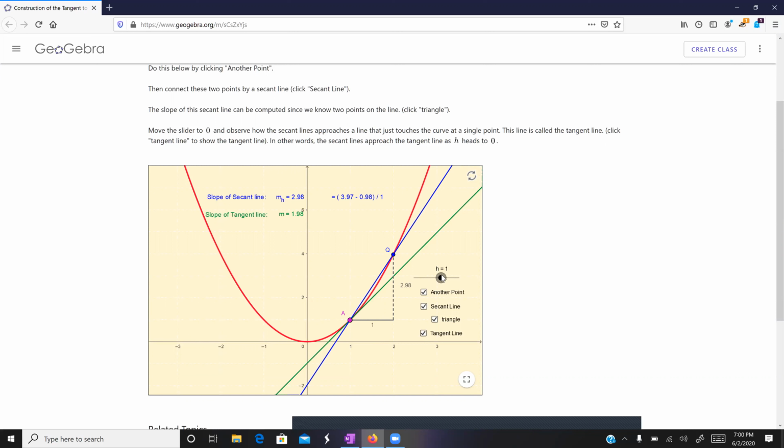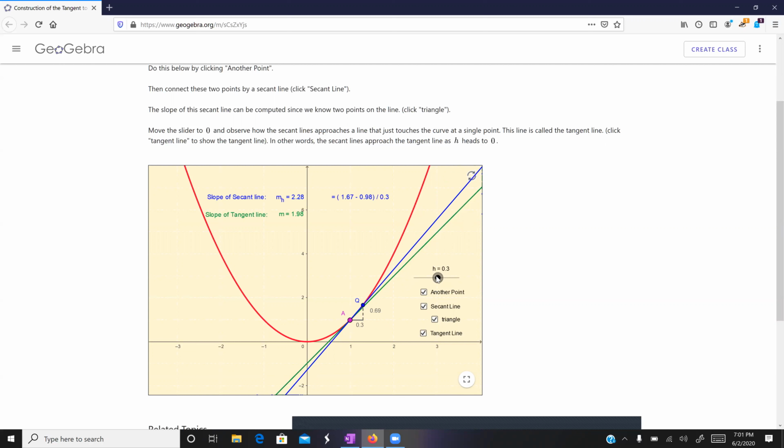Now the idea was the closer I get H to 0, the closer the secant line will follow the slope of the tangent line. And right now the slope of the tangent line is 1.98 in green. The secant line right now is 2.98. And if you notice, it's the difference in the Y coordinates divided by the difference in the X coordinates. The difference is 1. So if I decrease it,